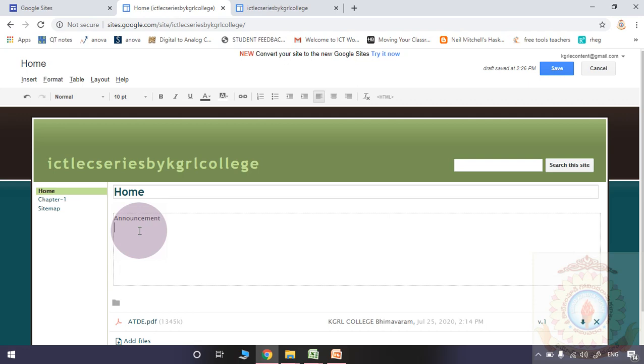To imitate the LMS, basically you require a web page. So that's why in this session we explained how to create the website by using Google tools. It is very easy. Easily you can use so many gadgets. You may integrate the documents, videos and everything in this web page.